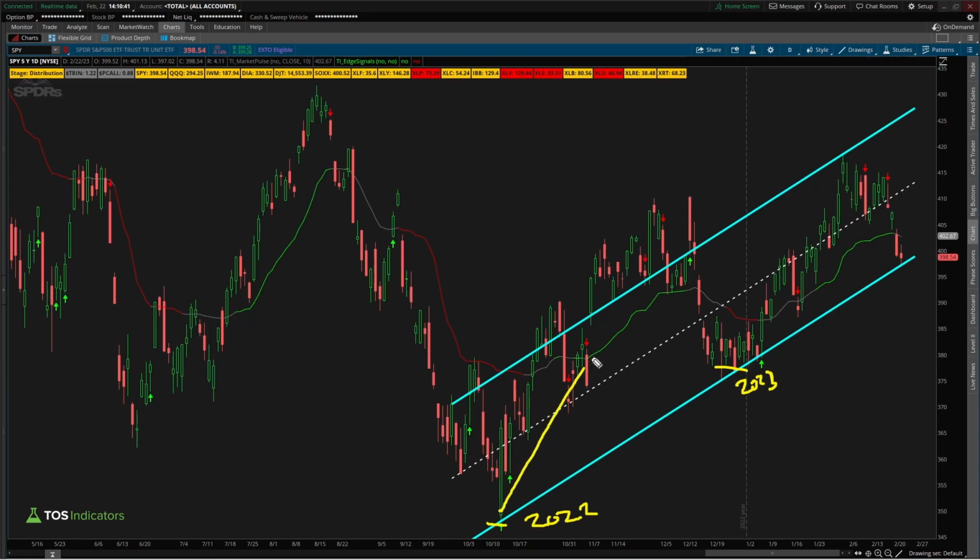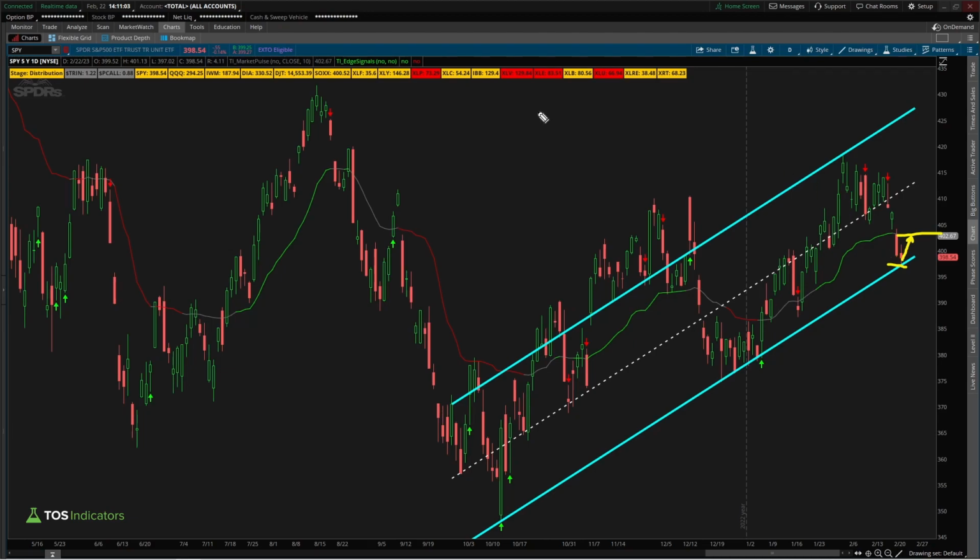Every time we've bounced inside of this channel, we've made a new high, pulled back, made a new high, pulled back. And the question here that we really have is not, are we going to make a new high, since that's not the trade we're looking to play, but rather, can we use at least this optimism going on behind the S&P for a shorter term bounce here till at least the market pulse line.